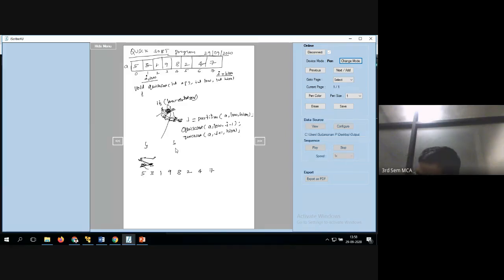Now what I told you, this is called the pivot element. Now this is called the I value. This is called the J value.